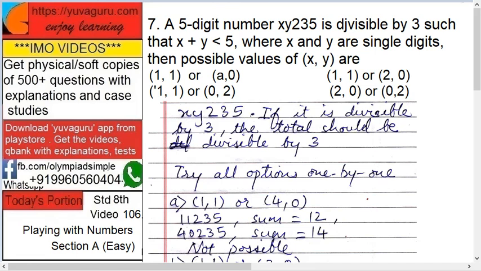A 5-digit number XY235 is divisible by 3 such that X plus Y is less than 5, and X and Y are single digit numbers. Then the possible values of X and Y are here. XY means it can be 1 1 or